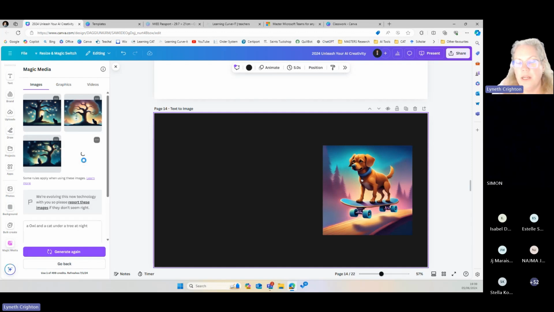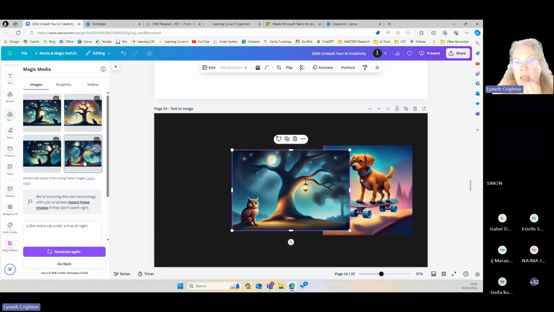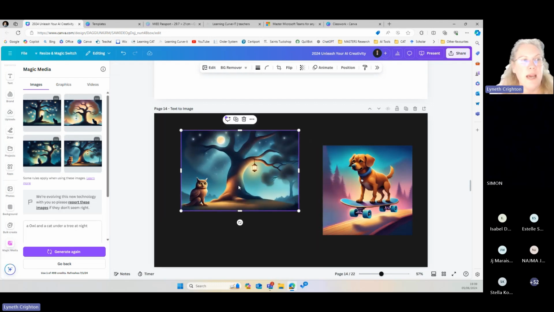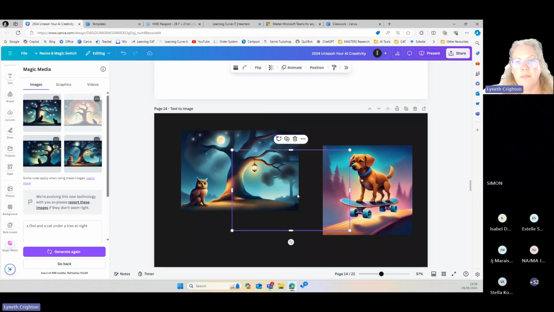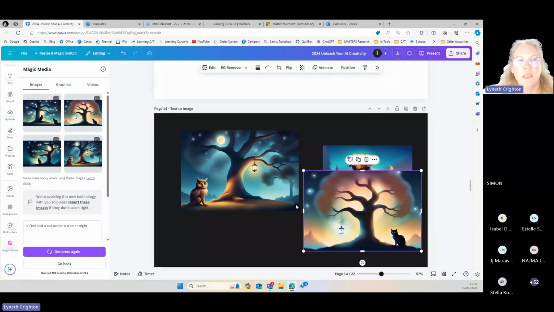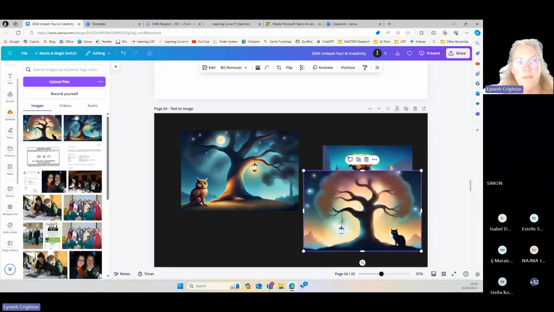If I click on it, it shows up here, and it automatically ends up. So if I like both of them, I click on both of them. If I go to my uploads, they're my 2 pictures that I uploaded.